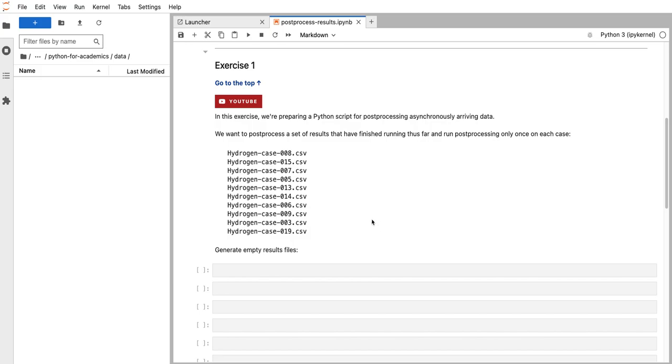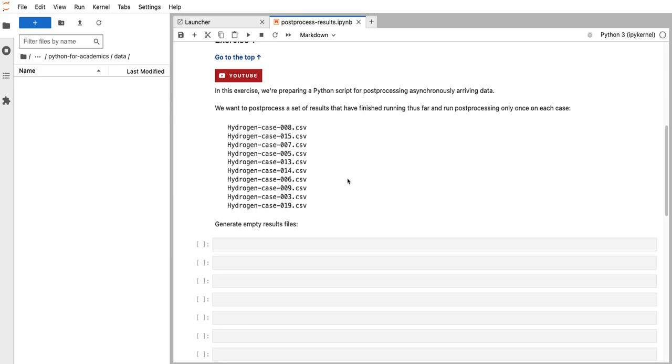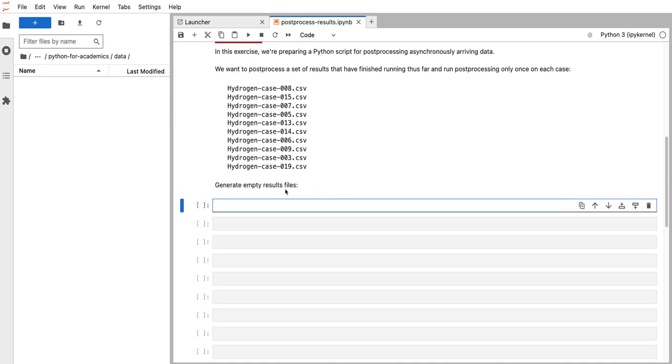Now this is especially useful if your post-processing takes a long time to run. So you'd like to run your post-processing script only once on each of these finished cases, and you don't want to post-process the same case multiple times because that, for example, takes a lot of time and a lot of computational resources. So we're going to start by generating a couple of empty results files, just so that we simulate